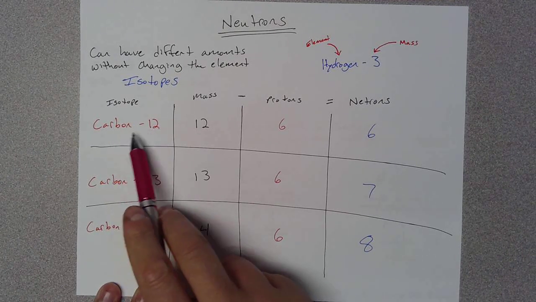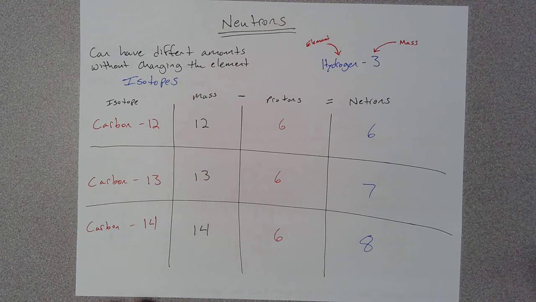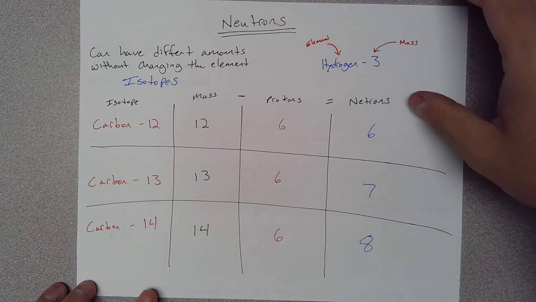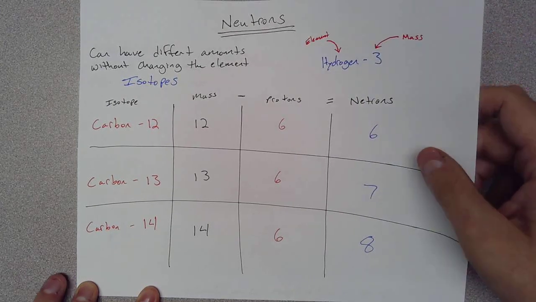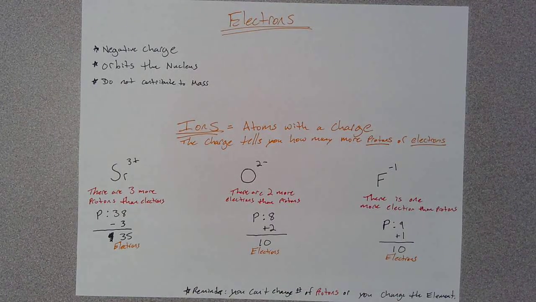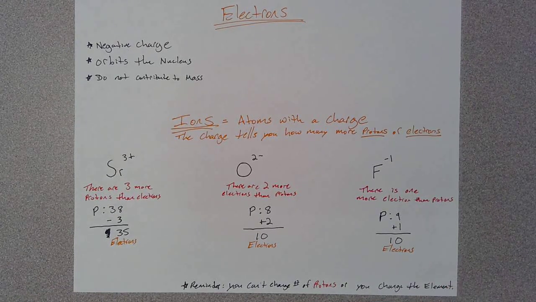So this is a different type of symbol that you may see. It's an isotope. So isotopes just mean that they have a different amount of neutrons within them. Okay. And then lastly, we have electrons. So electrons are what I consider to be probably the more interesting aspect of an atom. They are actually what in most chemistry, if you really think about it, boils down to what the electrons are doing. So this year when we looked at making ionic compounds and changing, that also had to do with the same thing. So we have electrons which have a negative charge, they orbit the nucleus, and they do not contribute